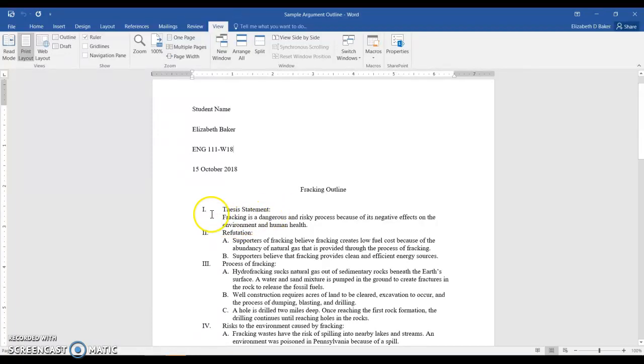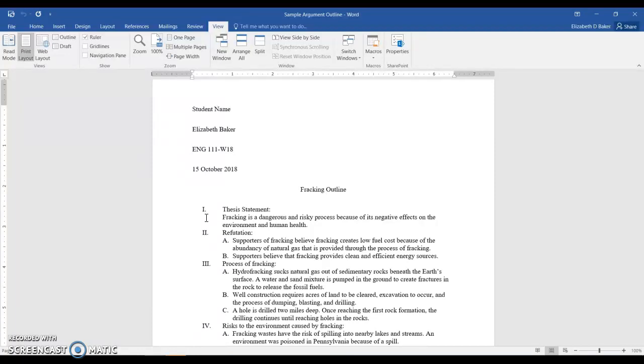and we just come right out and say what it is we're arguing. So this student says fracking is a dangerous and risky process because of its negative effects on the environment and human health. So this student could have made this a little stronger by saying that the U.S. should not frack because,